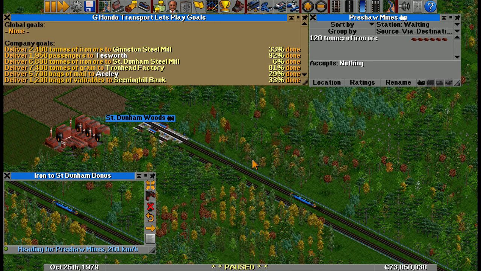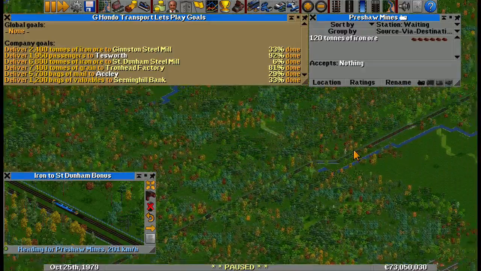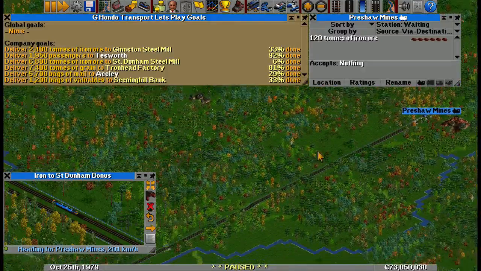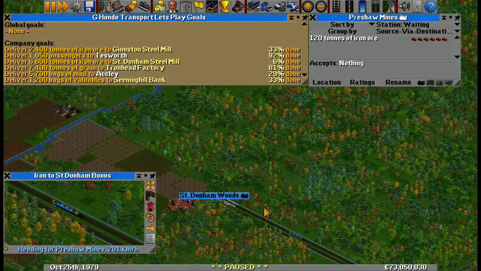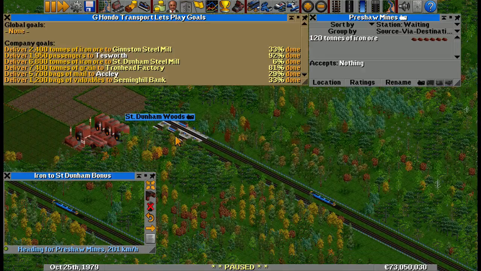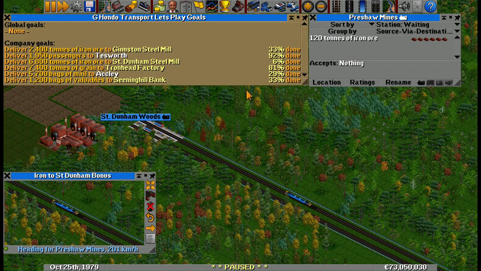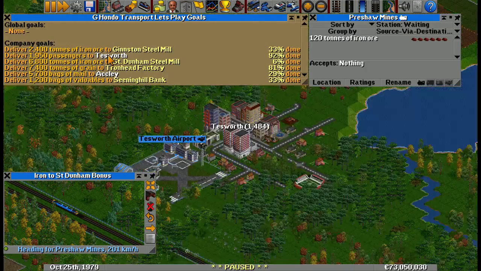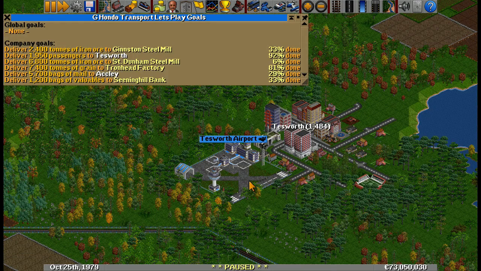This is episode 19. At the end of episode 18 we had gone ahead and added this supplementary train to increase the amount of iron that we're getting for this mission that we're on over here. Even with this one it's still going to take quite a while because they want a very large amount of iron, but we'll just let that flow. Looks like most likely this passenger to Tessworth will be the next one to finish, so we'll just keep an eye on that